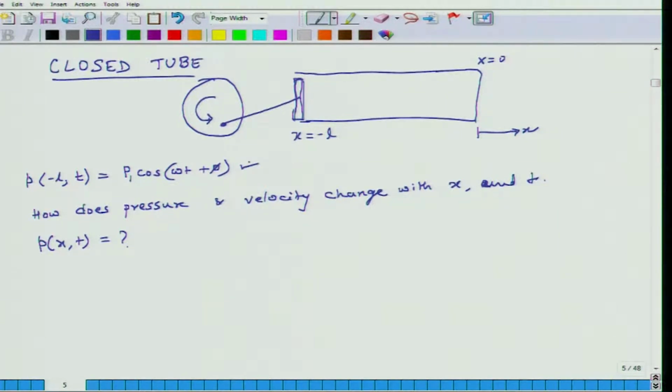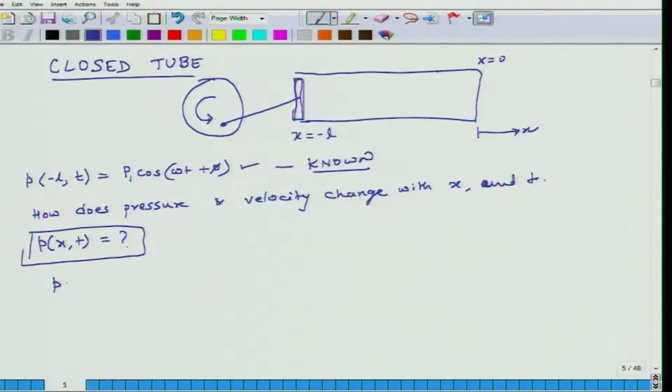So we know the physical nature of the system, we know that it is L long, it is closed at x equal to 0, it is being excited by a piston at its open end, and the pressure at the open end is P1 cosine omega t plus phi. This is known, and with all this information we are supposed to predict the function p of x and t. So we will use our transmission line equations to solve this,